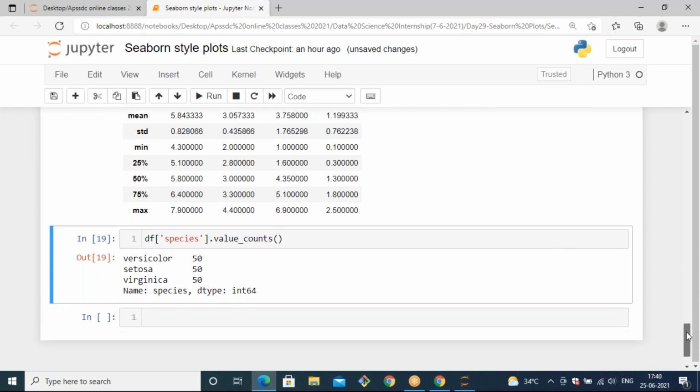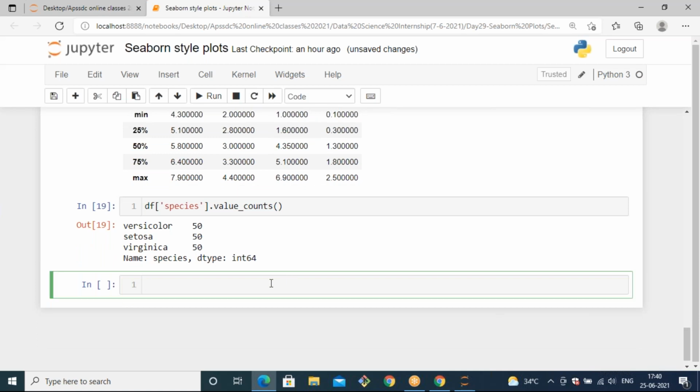And if you want to group them, you can group it like df.groupby of species.